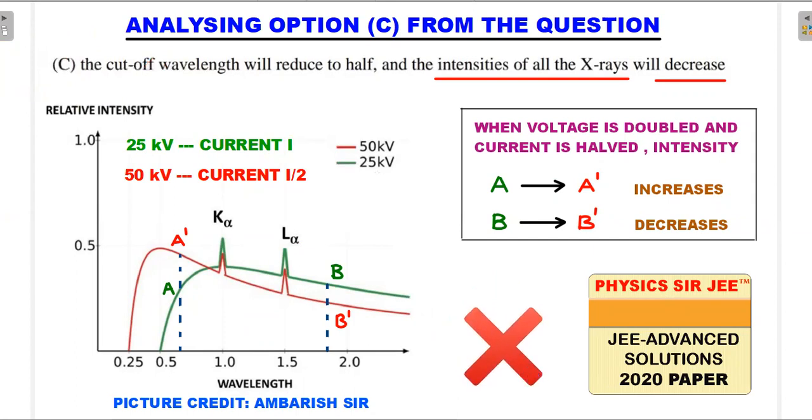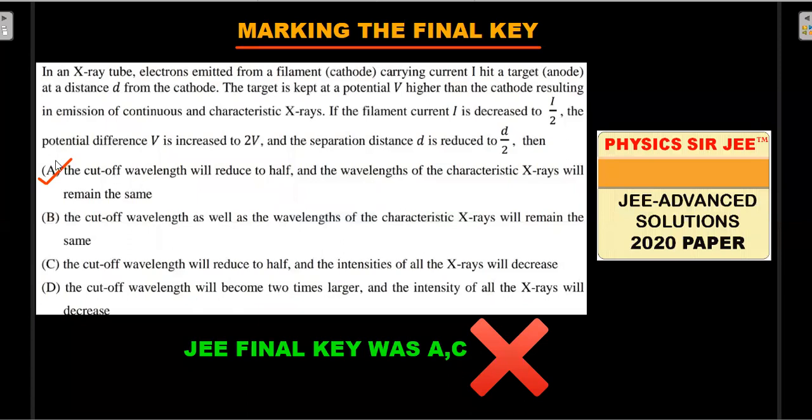So the correct answer, let me mark now based on that, should be only A, right? Remember, the voltage change is going to reduce the cutoff wavelength, and the wavelength of characteristic X-rays remains the same. Some students objected to even this, saying, okay, I may have K alpha in the initial stages, but once the current is reduced and voltage is changed, I may not have the K alpha, or originally L alpha was there and now it has changed to K alpha. But that is not the idea. Here he clearly says the wavelength of the characteristic X-rays. That means if you are choosing to look at K alpha before, you have to choose to look at the same K alpha later, whose wavelength remains the same.